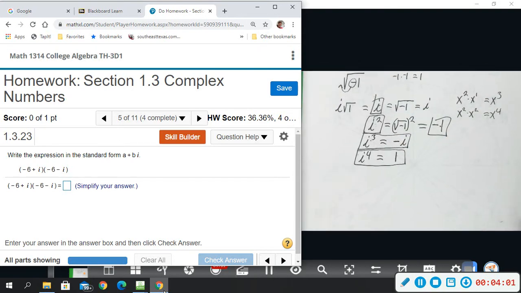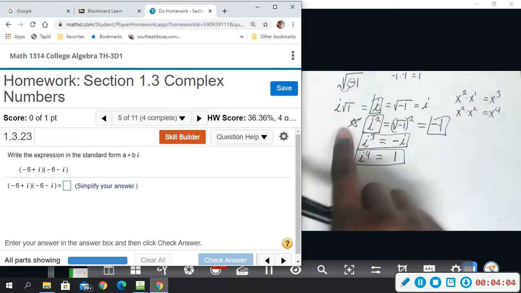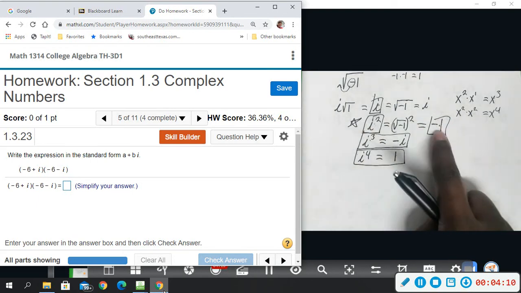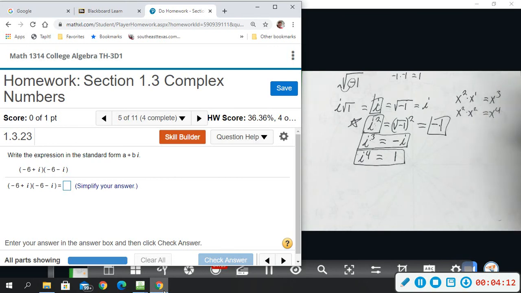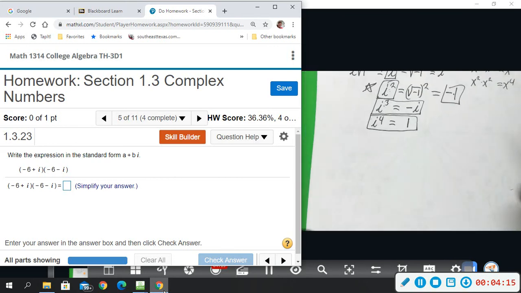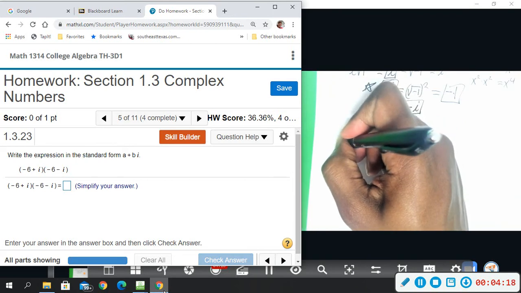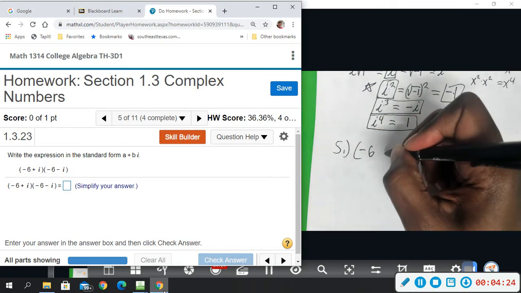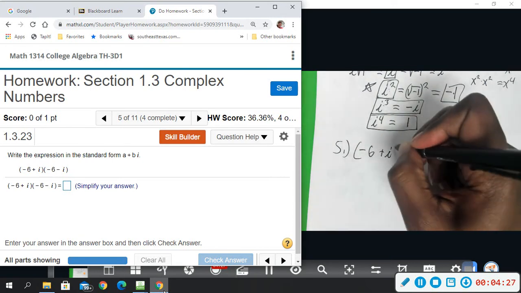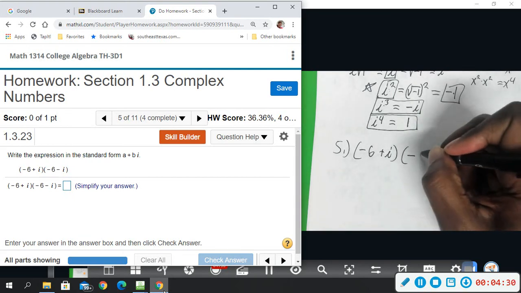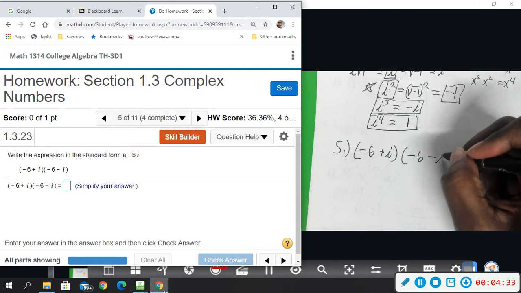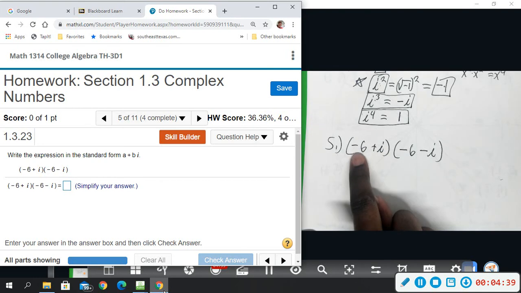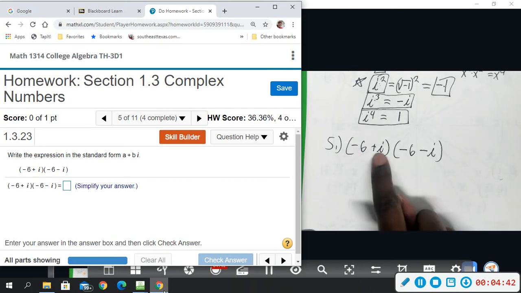So it's important to know that this is probably one of the most important that you need to remember. This will pop up a lot. We're going to be using that one here. I squared is -1. So with this problem now, we're going to FOIL this out. -6 plus I, -6 minus I. Now, if you notice the difference of squares, look, same number, -6, -6, I, we got a